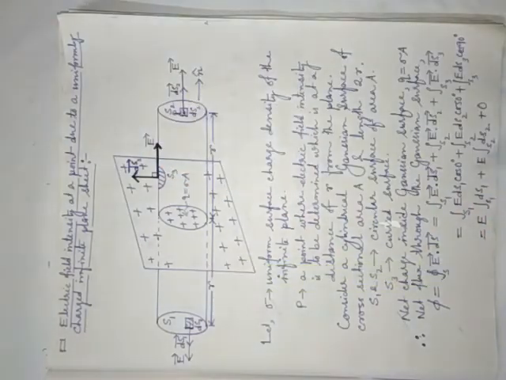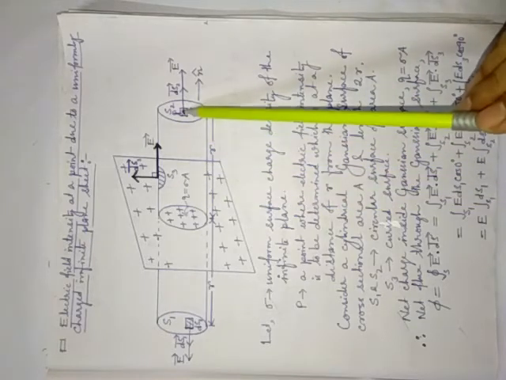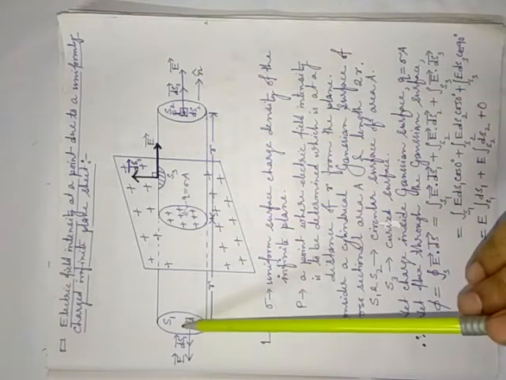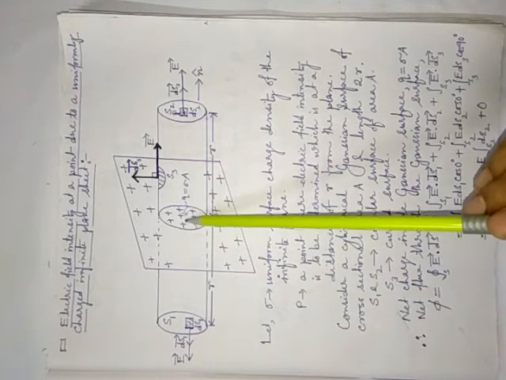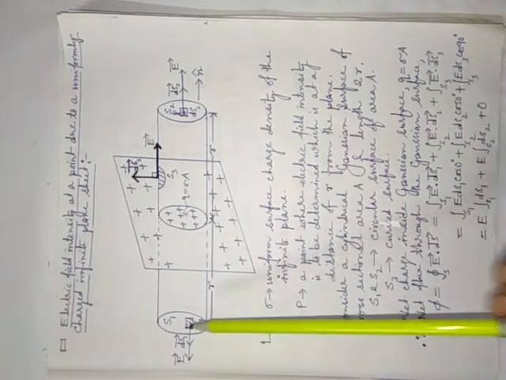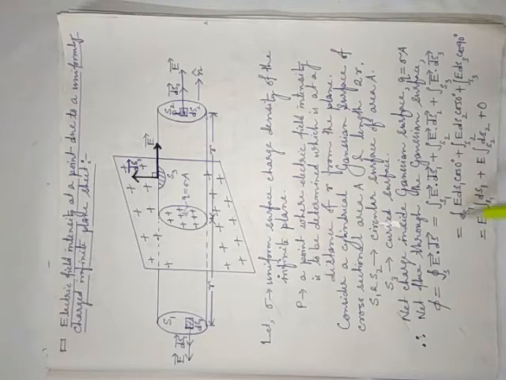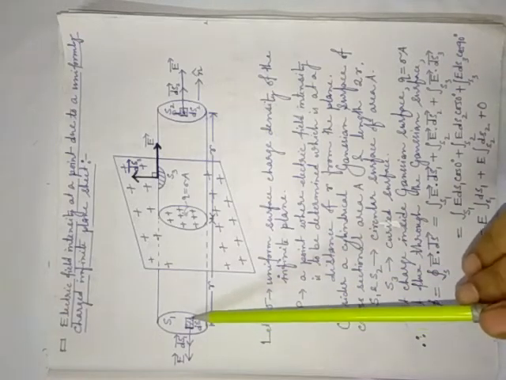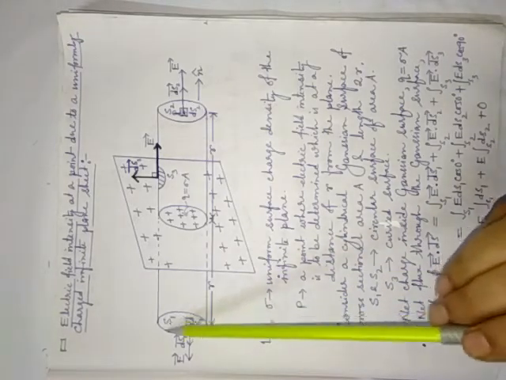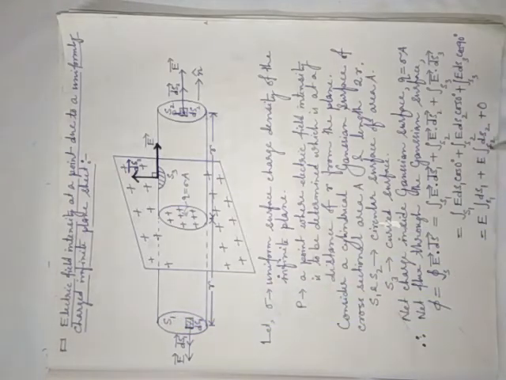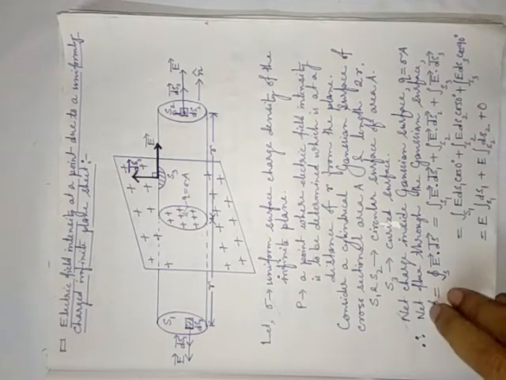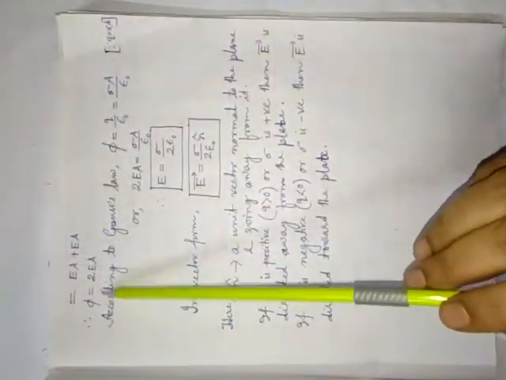Now this part is 0, and E, I already told, is uniform, since this point P is located at a distance of R. Here also, suppose there is a point Q, it is also located at a distance of R. That is why E is constant, and you have to take it outside the integration. And integration of ds1 you can directly write A, because if you add all the ds1, ultimately you will get the whole surface having area A. E ds2 also E into A. So ultimately phi is equal to 2 into EA.